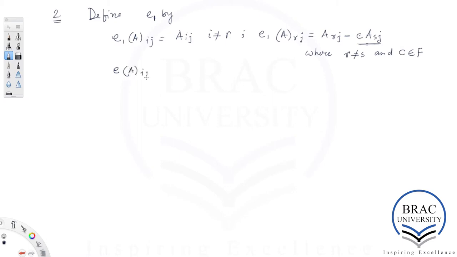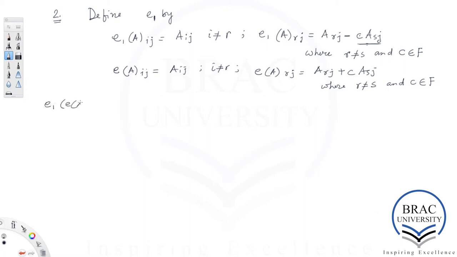E of Aij was the same as Aij when I is not equal to R, and E of Arj was Arj plus C times Asj, where R was taken to be unequal to S and C was any scalar. Okay, this is how the second type of elementary row operation was defined. Okay, so now check that E1 of E of A,